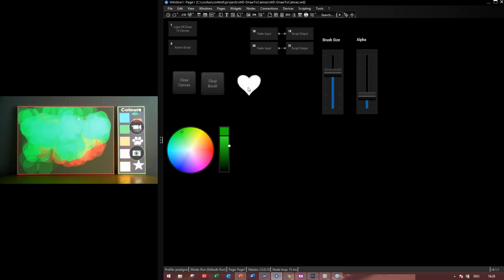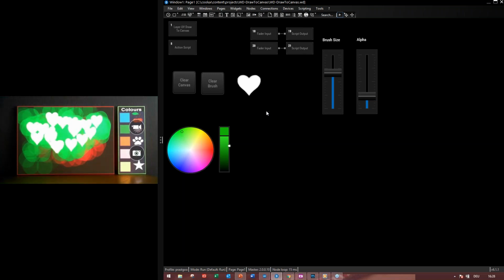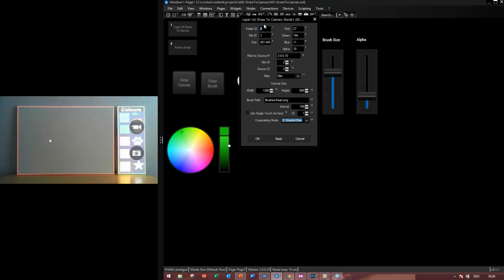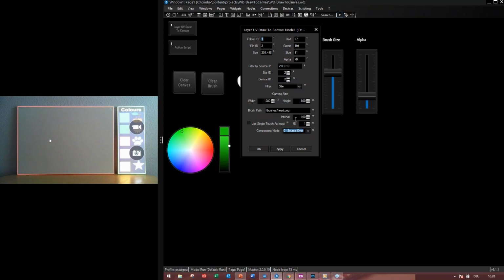Let's try this brush, the heart. I just clear this one and clear the canvas, set the heart again, because I want to show you a setting here. The interval of the heart of the brush, this is actually only for the brush, is on 100. So this is actually the time of the next